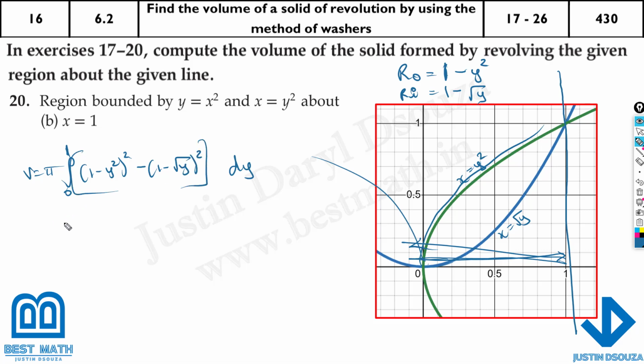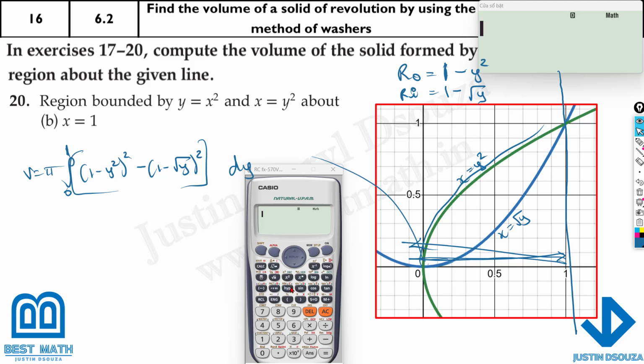And what next? You just put it in the calculator. You can do a few steps because it's a written exam, but I'll directly do it in the calculator over here. It'll be 1 minus y squared, close the bracket, and then again square it up, minus, close the bracket, 1 minus square root x, close the bracket, square it up, and over here we are going from 0 to 1. So the answer is,